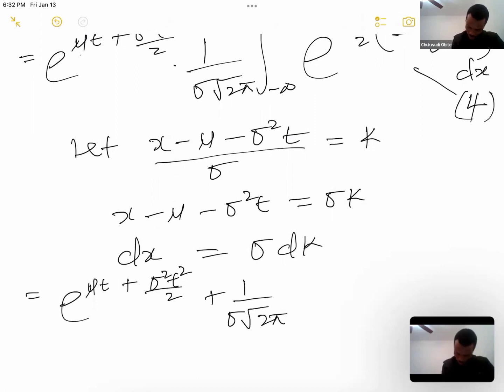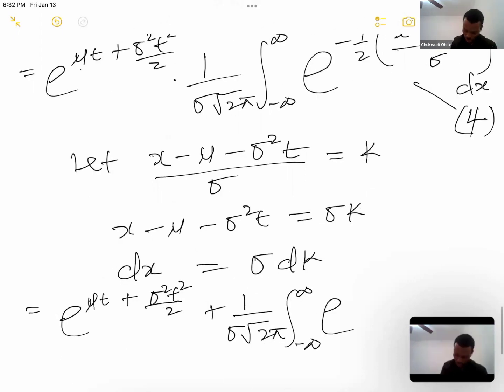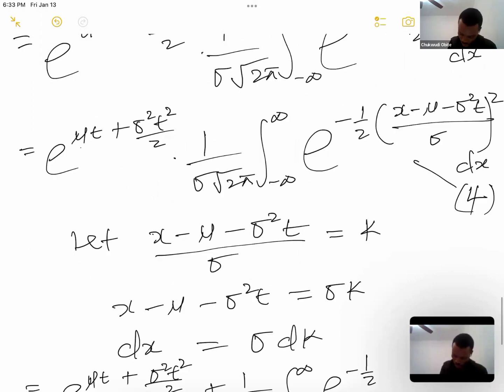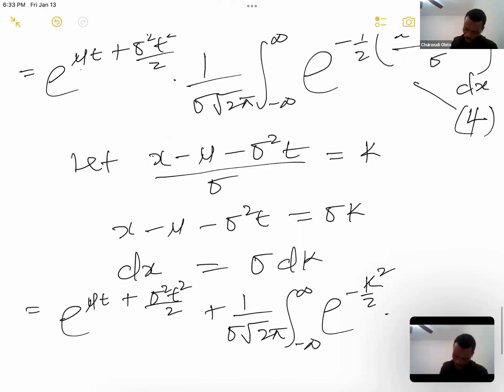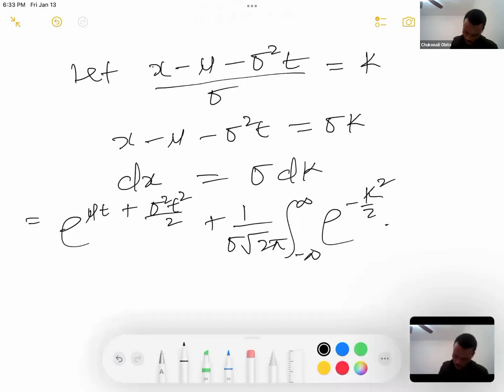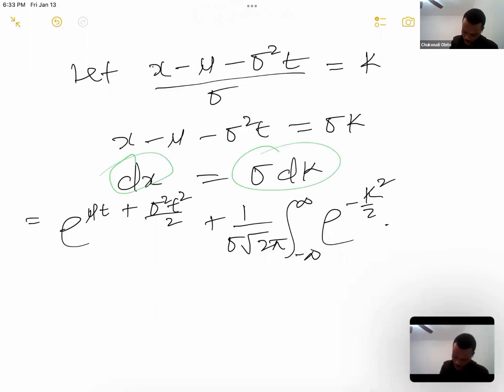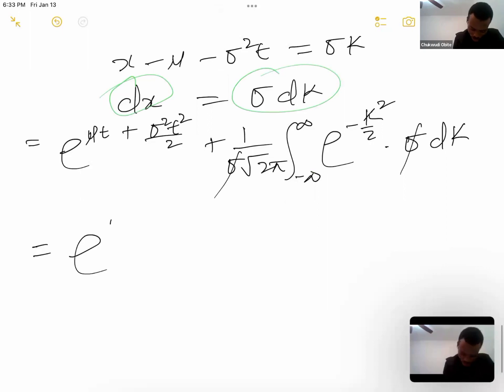times 1 all over sigma square root of 2 pi, the integral from minus infinity to infinity of e raised to the power minus half of all I have in the bracket, so that's k squared, times then my dx is changing. Look at my dx, it's changing to sigma dk. So sigma cancels out sigma. What I have is e to the mu t plus sigma squared t squared all over 2